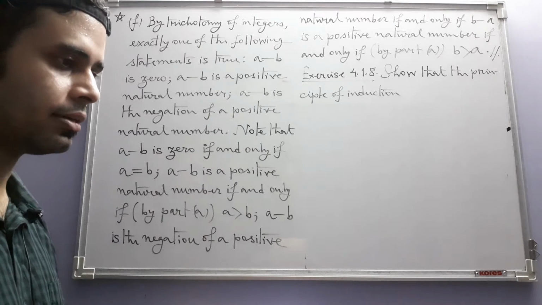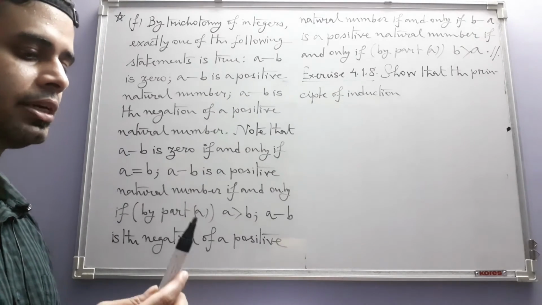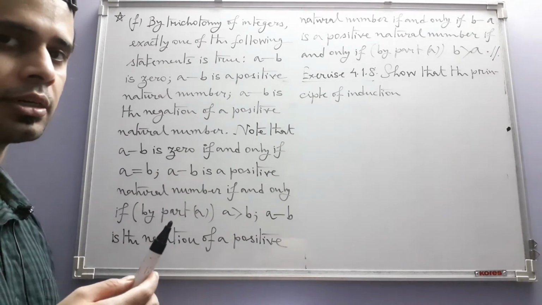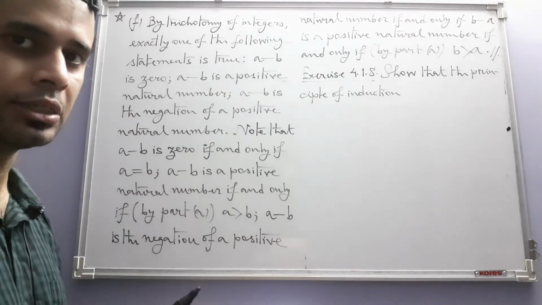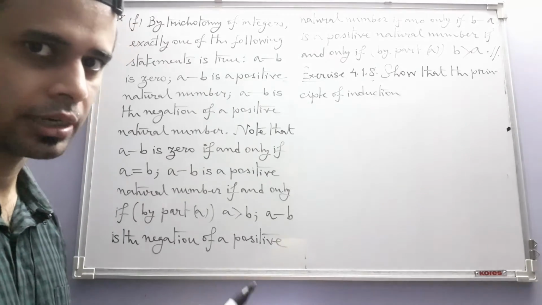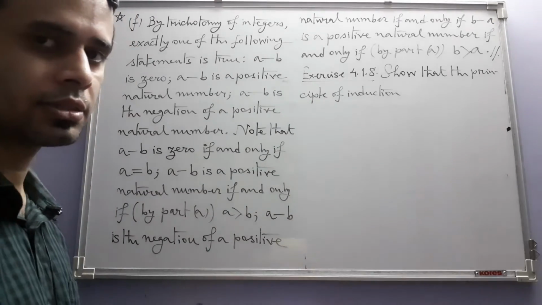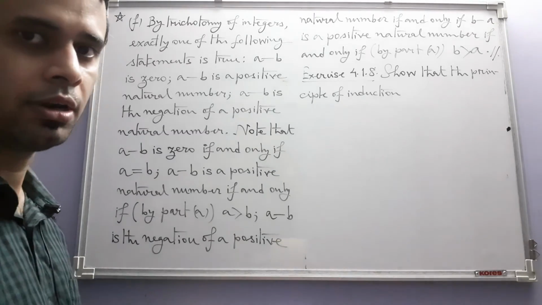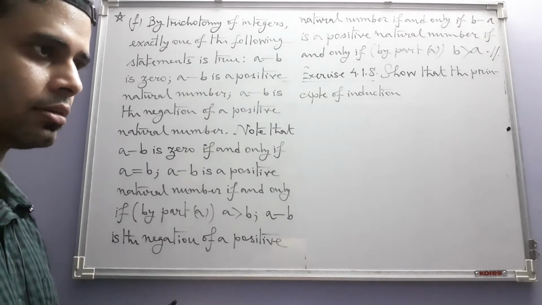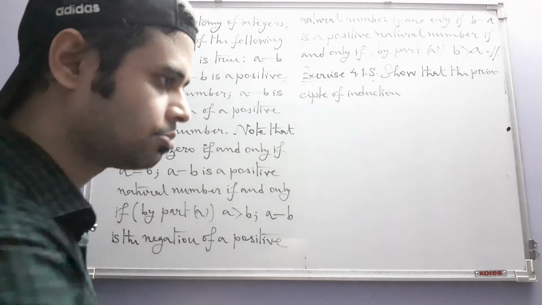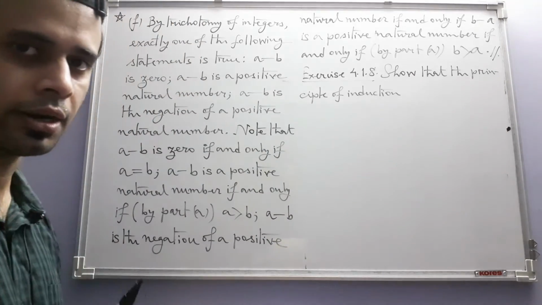how can I say that? You see, the principle of induction is like a domino effect. Now, there is a basis for induction. You knock over one domino, then it knocks over the next one, and that in turn knocks over the next one. So that is the induction step. All the dominoes fall, and so whatever statement you are trying to prove using induction, that turns out to be true for all the natural numbers.